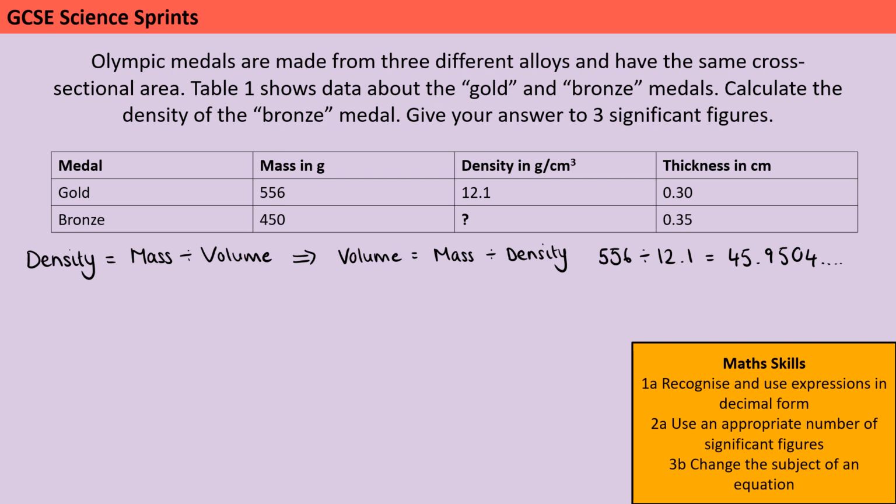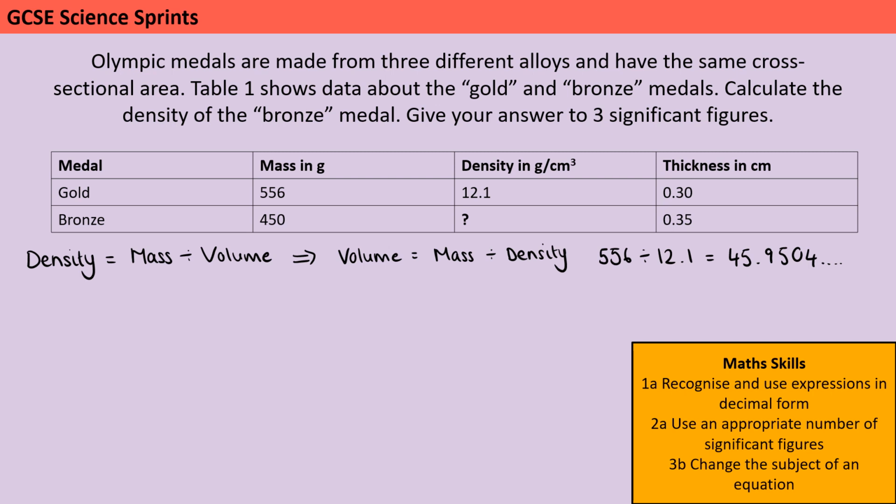Now that I know the volume of the gold coin, I want to work out the volume of the bronze coin. As I can see here, I've been told they've got the same cross-sectional area. So the circle bit is the same as each other. I could put one on top of the other and it would cover it completely. But the thickness is different. So the bronze coin is slightly thicker than the gold coin,